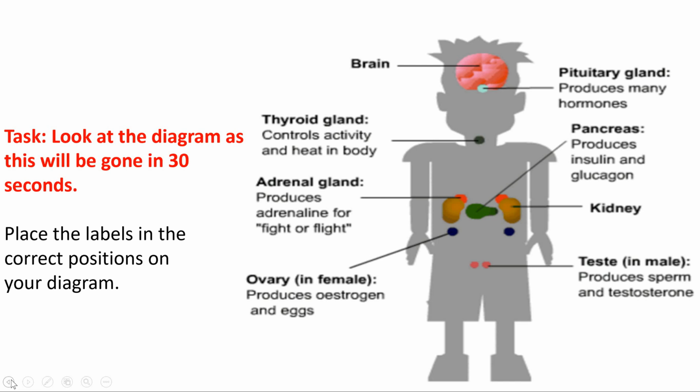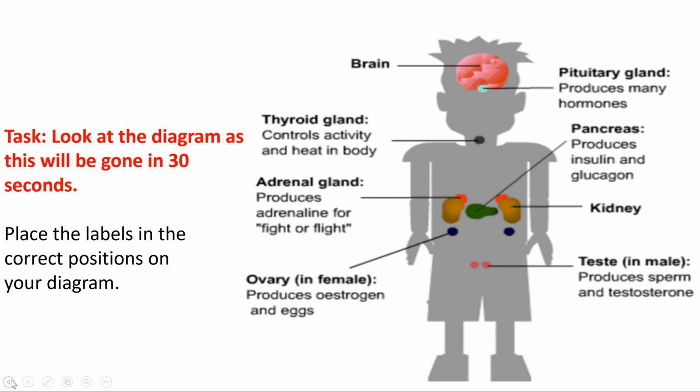So at the top, the label should be the brain. And as you can see there, in the base of the brain, we've got the pituitary gland, which produces many different hormones. Some examples of hormones that the pituitary gland would be producing would be FSH and LH, so follicle stimulating hormone, luteinizing hormone. You don't need to know about these, but these are some of the hormones that are involved with the menstrual